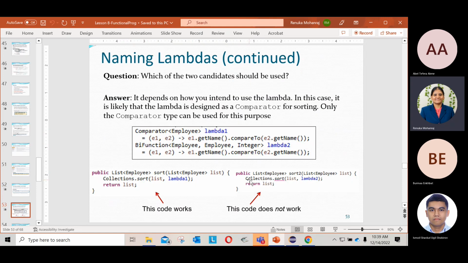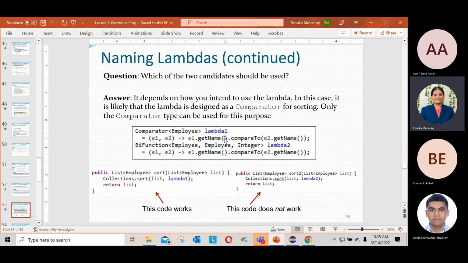And if I want to use this on Collections.sort, then you can name this expression with two different names. But when I want to use it on Collections.sort, which one is suitable now? Comparator. Because what is the second argument type of Collections.sort? It takes a Comparator, right? So you can define any name, but when you apply it somewhere, you must consider which type that method accepts. For example, if my method needs a type of string, can I pass some other type? No. The same way, for the Collections.sort method, the second argument should be a type of Comparator.